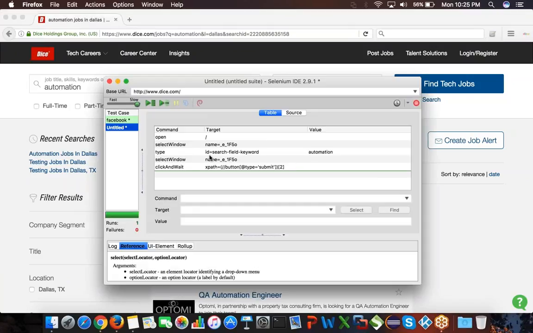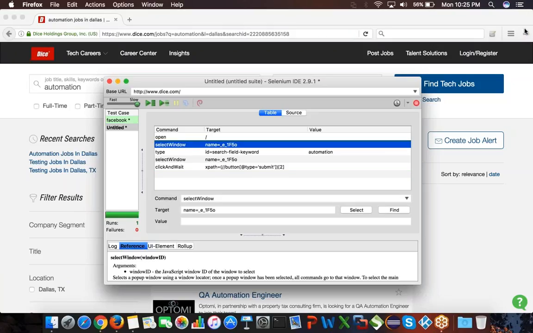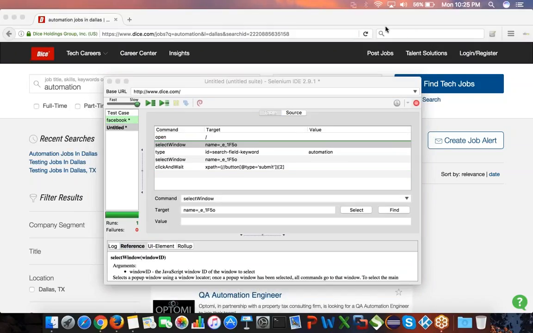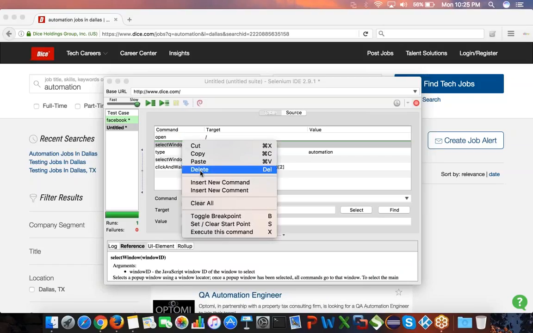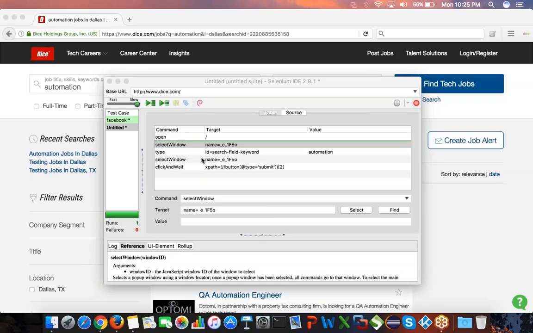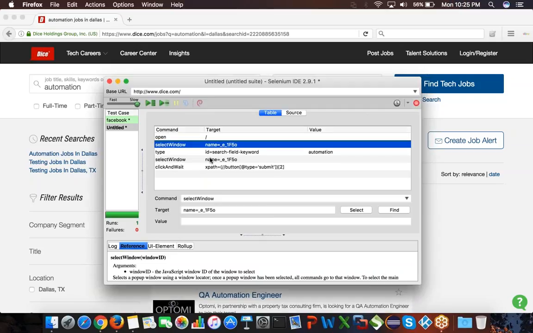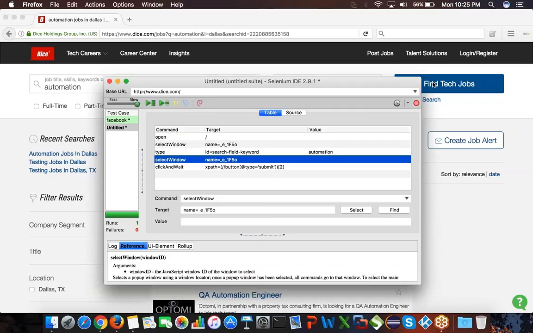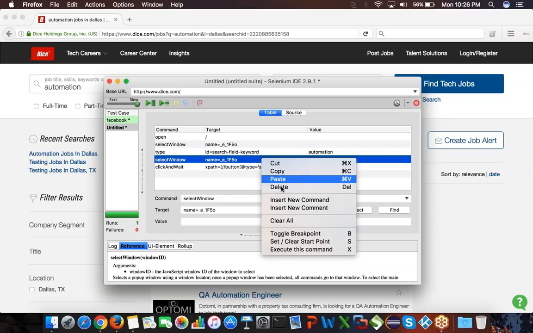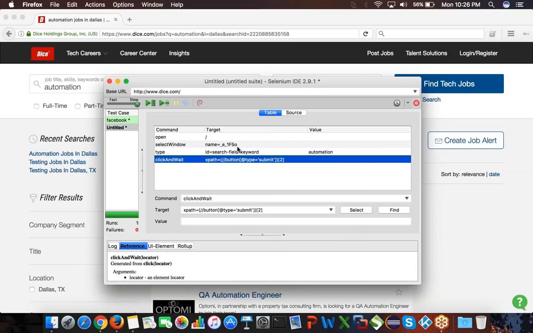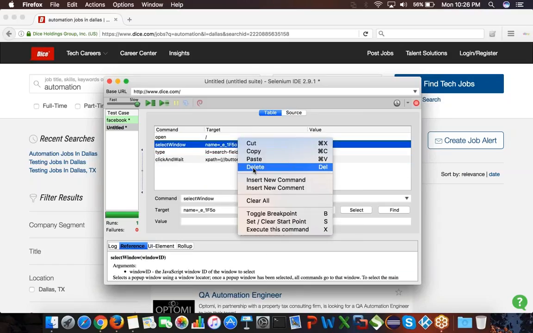So now if you see here, there is a select window that is happening, I think because of this recording and this screen. But if you do it, you will not get all these things. If you think any step is extra, just go ahead and delete it. I believe this is because I'm on GoToMeeting and doing all this stuff here. Okay, just select this, right click and then delete.